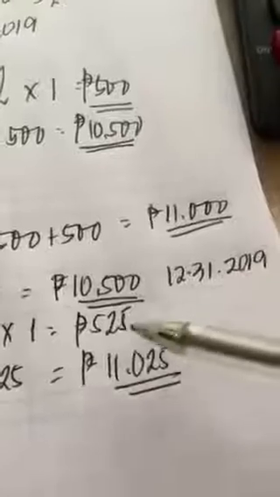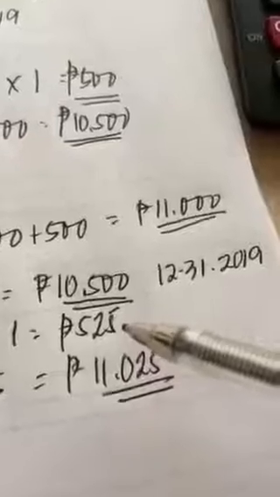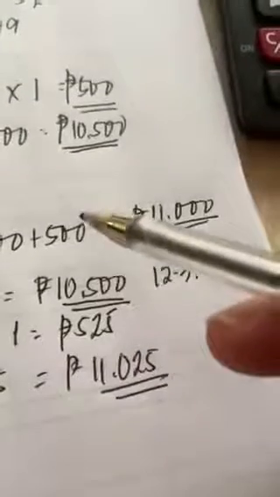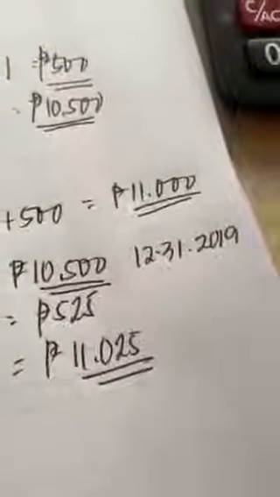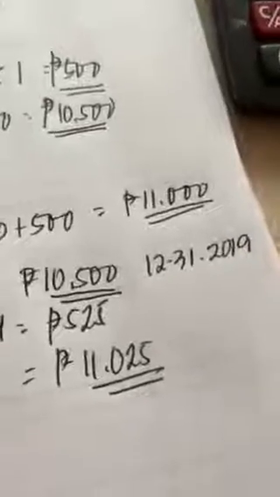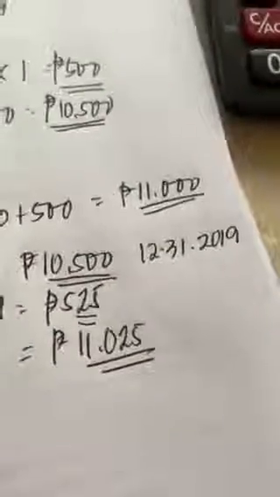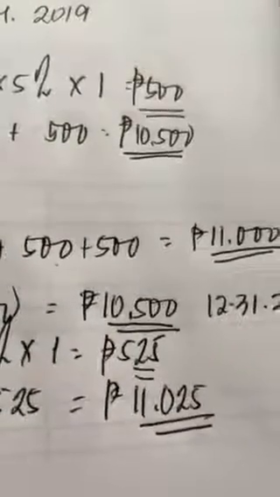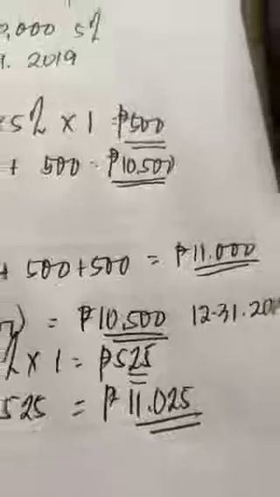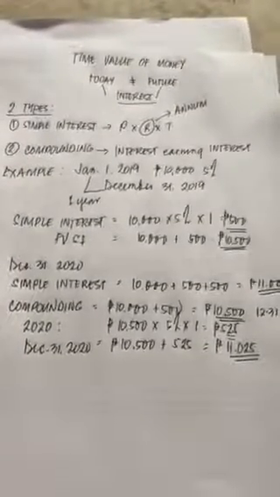The difference of 500, or the increase in the interest of 25, that is the interest on the interest. That's the interest on the first 500. To prove that, that's 500 times 0.05, that is 25. So the 25 pesos here, which is the increase in your interest income, is essentially the interest on the 500, which is the first interest that you earned on your money in 2019. So this is essentially computing for the future value of money. Okay, I'll be back to discuss the present value.